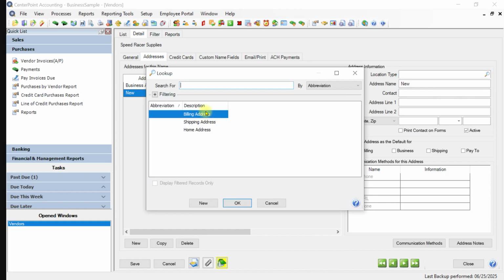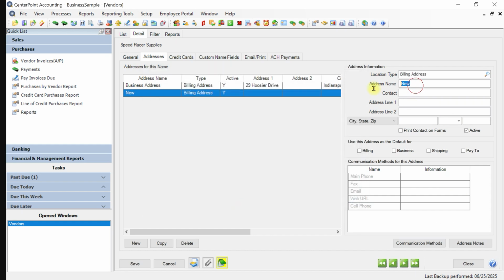The location is another billing type of address. If you need to add new location types, you can click New to add new location types. You do need to give that address a name. I'm going to call this their Chicago location. The contact there is Sam. And the address